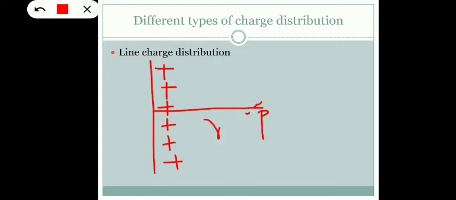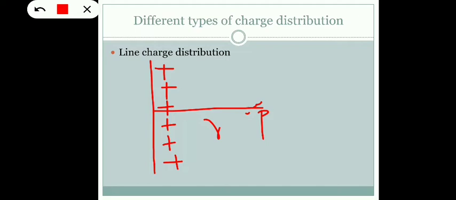line charge. And here there is a problem, because this line charge consists of infinite number of charges, and it's not possible to calculate or determine the electric field intensity at the point P due to all these charges. It will be a very tedious process. So we need to consider some other ways to find out the electric field intensity here. In such cases, we will consider a concept known as charge per unit length.